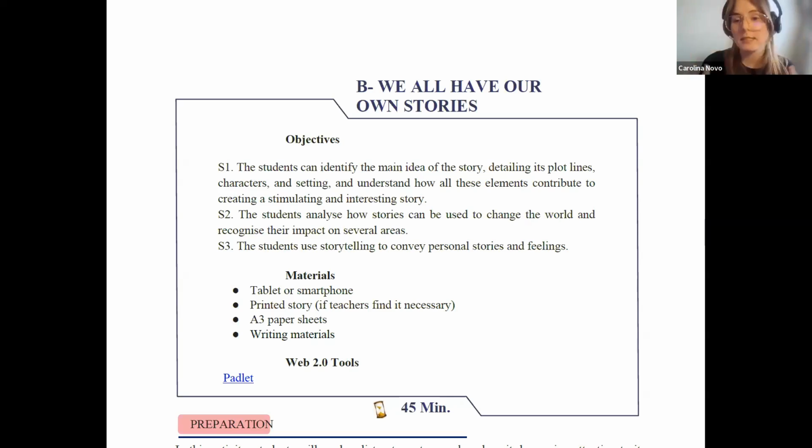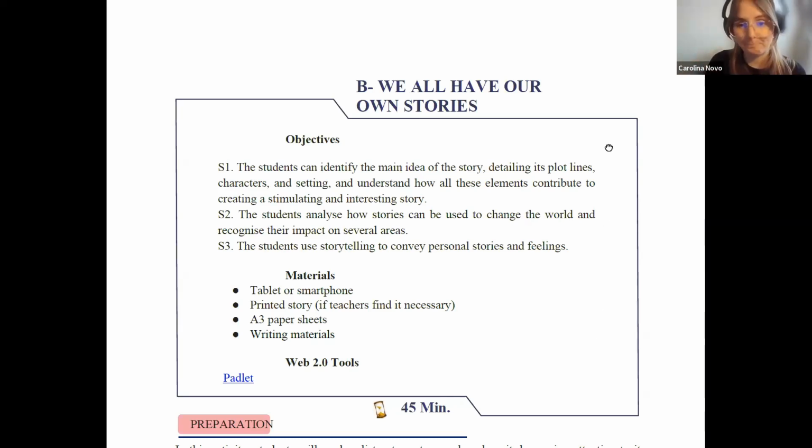So I think that this module is also important to understand how stories can help us tell our own needs and preoccupations, and also how that can be done in school, because it's important that in school students feel it's a safe place to do that.